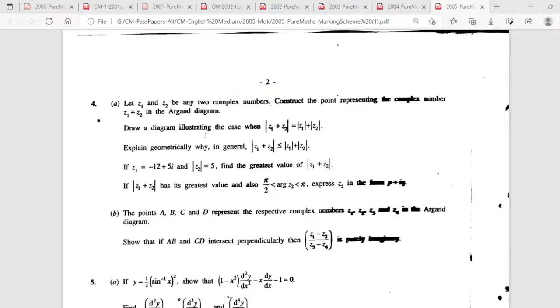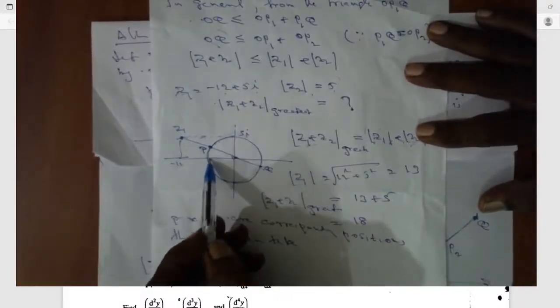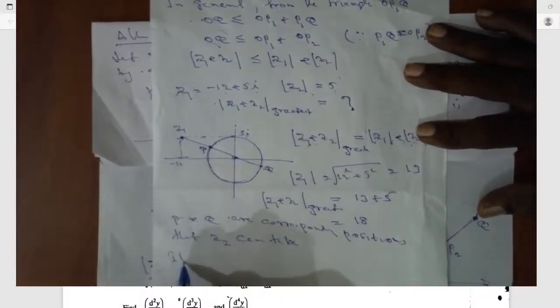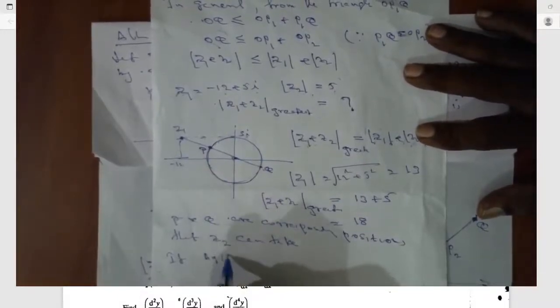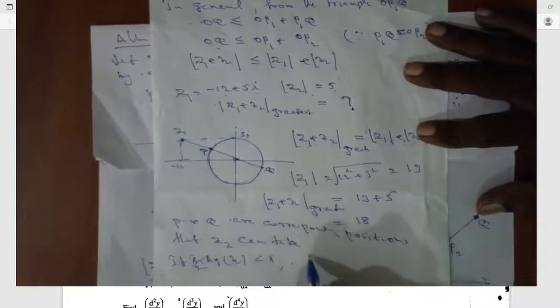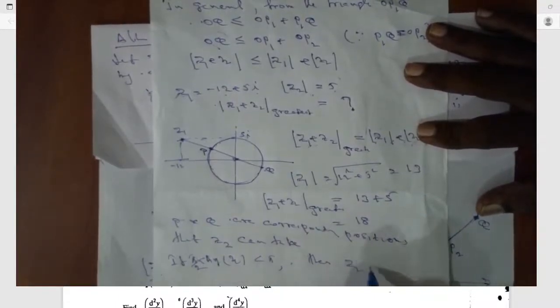Now they are asking if the argument is greater than pi by 2 and less than pi. You can take this point. If arg C2 is greater than pi by 2 and less than pi, then